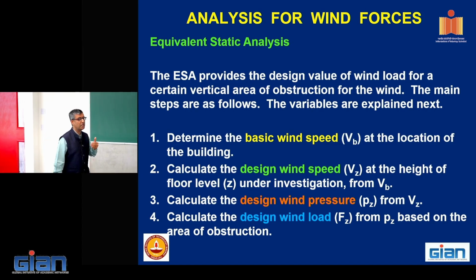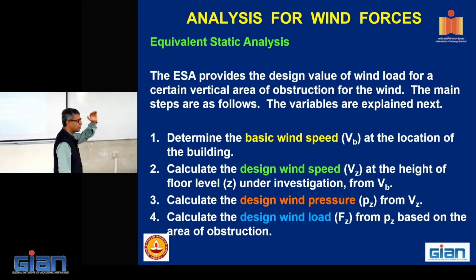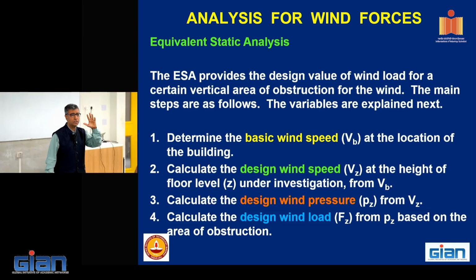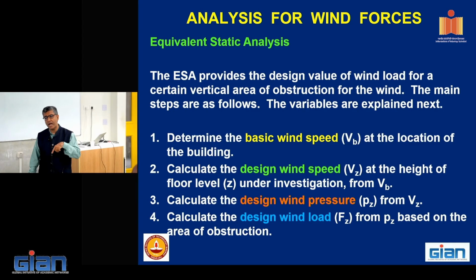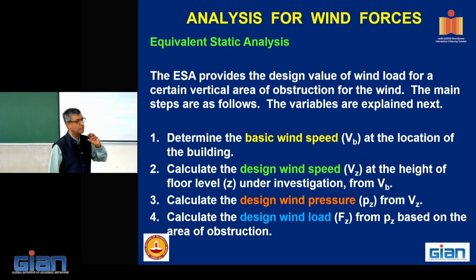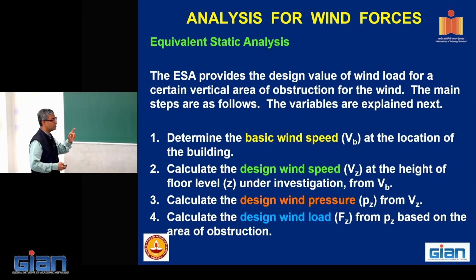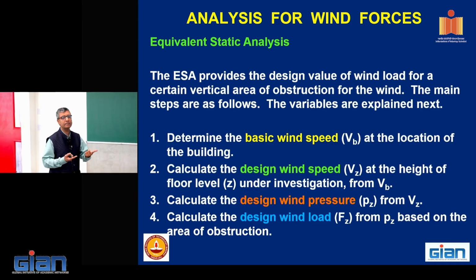Typically, whenever we do a building analysis, we lump the masses at certain heights. It's a discrete model, not a continuous model. However, for a tall building, you can do a continuous model, but otherwise we typically go for a discrete model. That means the masses are lumped at certain levels, and in those levels we apply the forces. Whatever pressure comes on the obstructed area, based on a tributary area at a certain level, we calculate the force. And once we know the force, the subsequent thing is the structural analysis, which is done using a